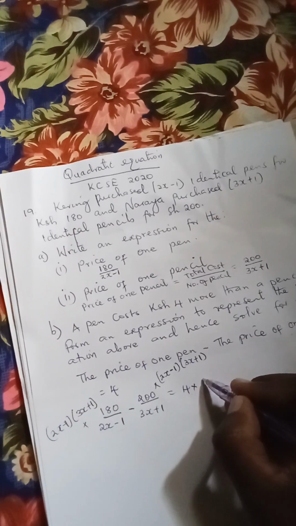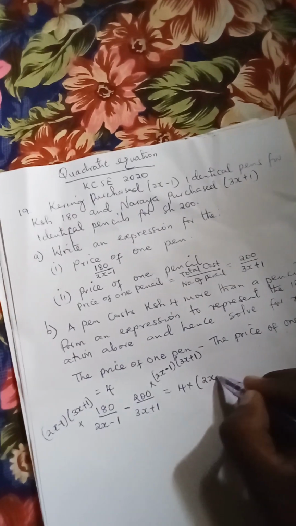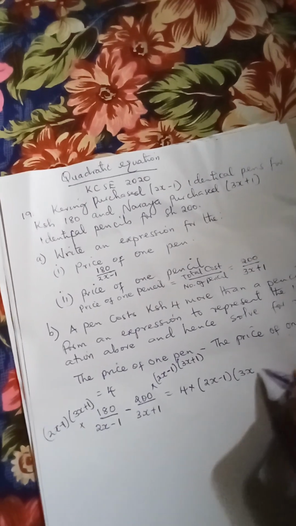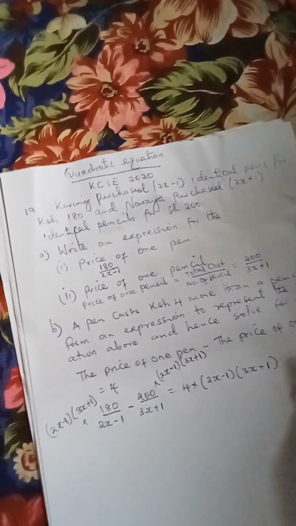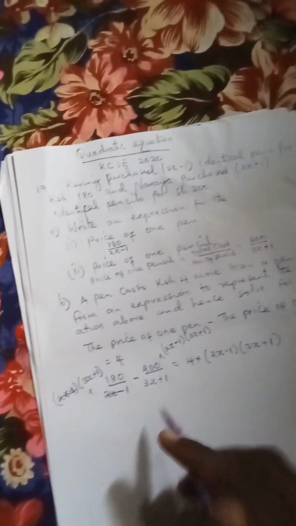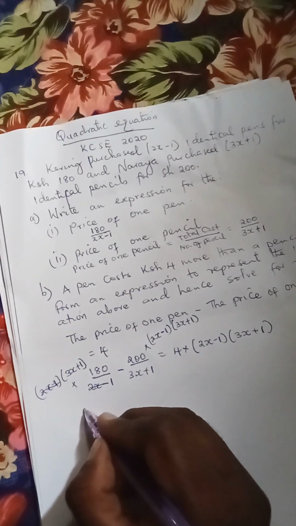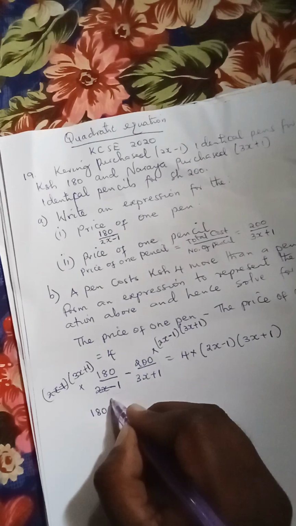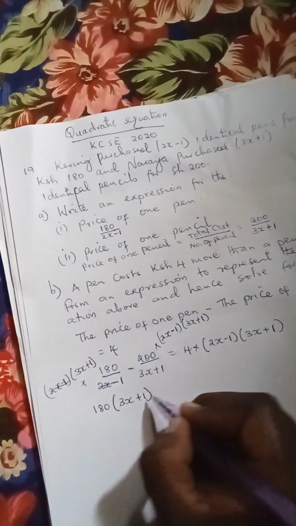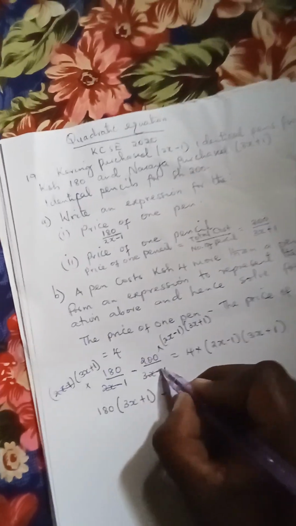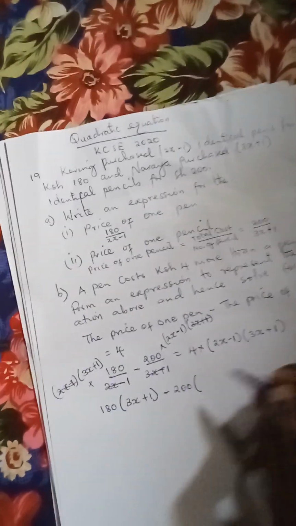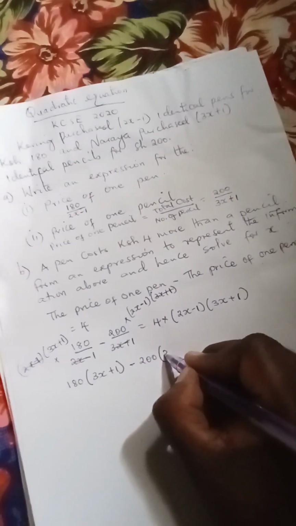We say 2x minus 1 bracket 3x plus 1. So this will cancel each other. Then we'll be having 180 bracket 3x plus 1 minus, this will cancel each other, 200 bracket 2x